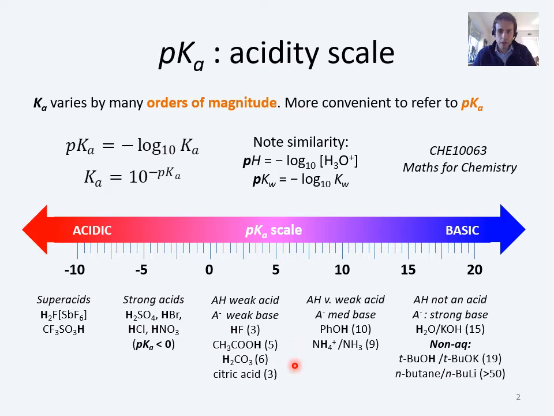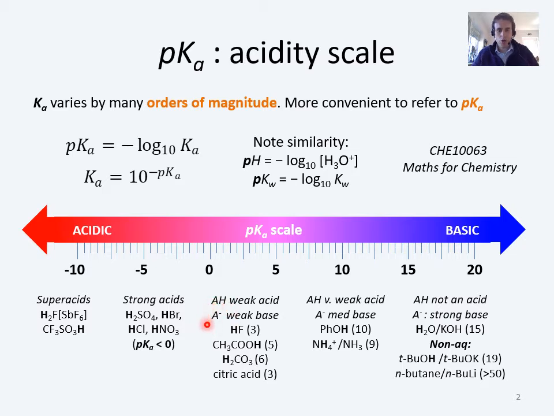In this case, we've got your weak acids, so things like ethanoic acid, I think this is ethanoic acid here, methanoic acid, and other species like carbonic acid and citric acid. As you keep going down the scale, you're getting towards weaker acids, but in doing that, what's happening is